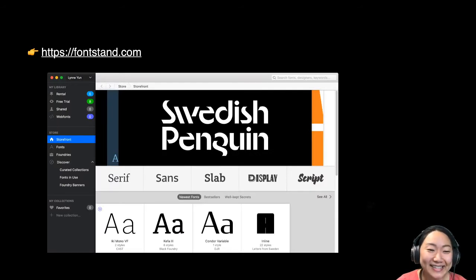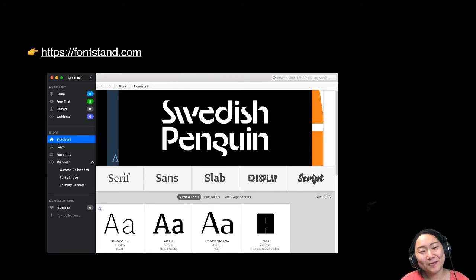And FontStand is my personal current favorite. It comes in the form of a desktop app. So you can try out different fonts for free in any kind of application. I think it limits you to 3 hours, but 3 hours is plenty enough for you to type it out in any kind of program you want and see if it's for you. And if you want to try it out for longer, you can also rent them out for 10% of their price. So if a certain typeface is, let's say, $50, you can rent it out for $5 a month, which is such a good deal.